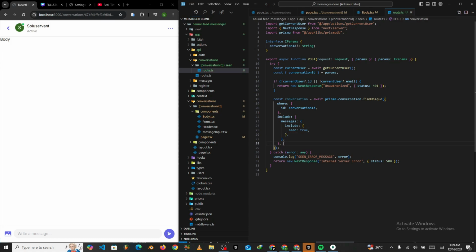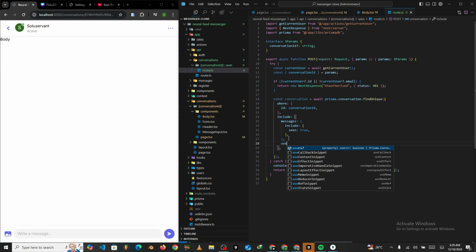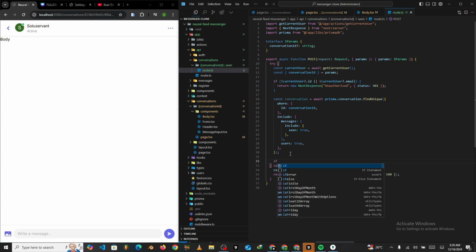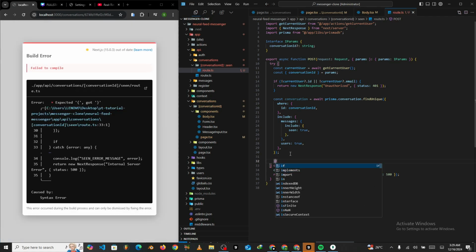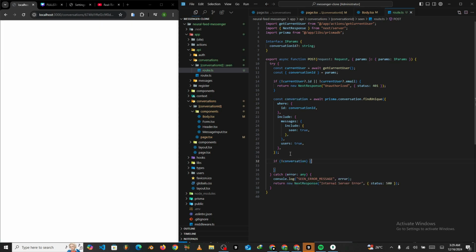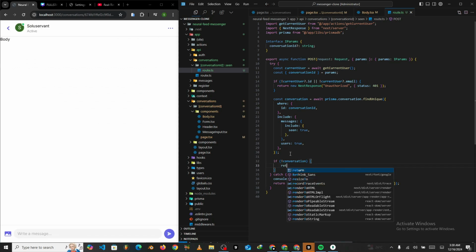Then over here we'll quickly say that we want the users to be true. So that's over here. Okay, nice and clean. Alright, so when we come down here, what we want to do is come and check whether we found the conversation or not. So let's use the snippet. So we'd say if there's no conversation, or if the conversation wasn't found. It's basically the same thing. Then we can just return